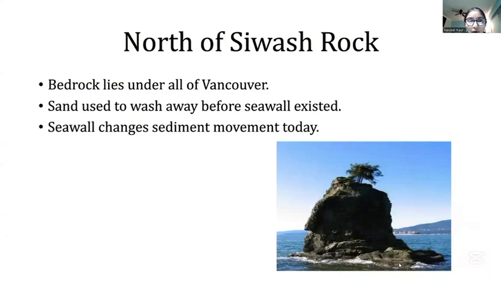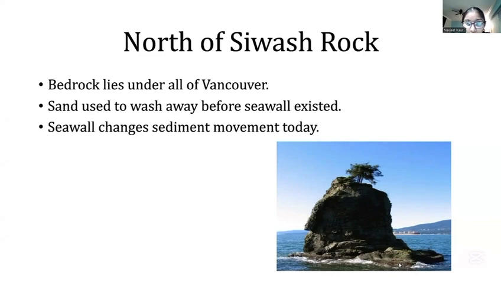Now I'm talking about the north of Siwash Rock. As we walked north of Siwash Rock, I took a picture of a smooth, dark rock cliff with plants and soil on top. This area shows how the landscape is made of bedrock weathering covered by glacial sediments like sand, gravel, and soil. Plants grow in the upper layer, but rain and gravity slowly wash the soil down, which exposes more of the